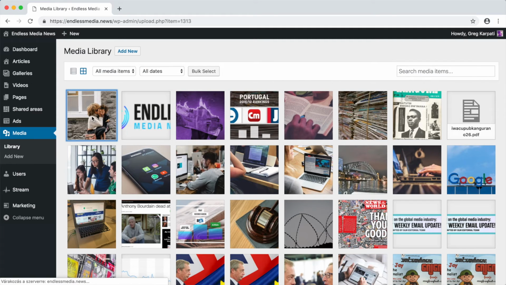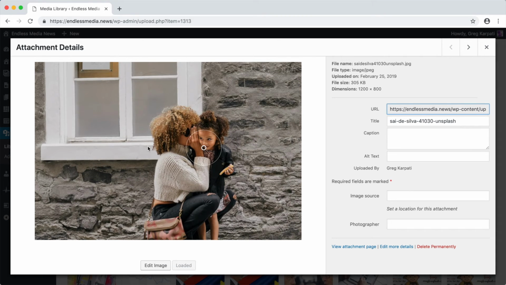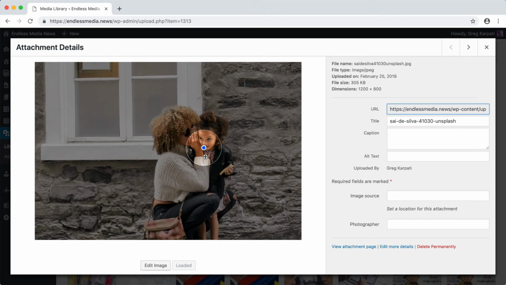When you click on the uploaded image, you will get a surprise. The platform used a bit of artificial intelligence to determine the focus point of the image. This allows us to always display the right part of each image in all the different aspect ratios a website design is demanding. Your editors will love you for making this so easy for them.